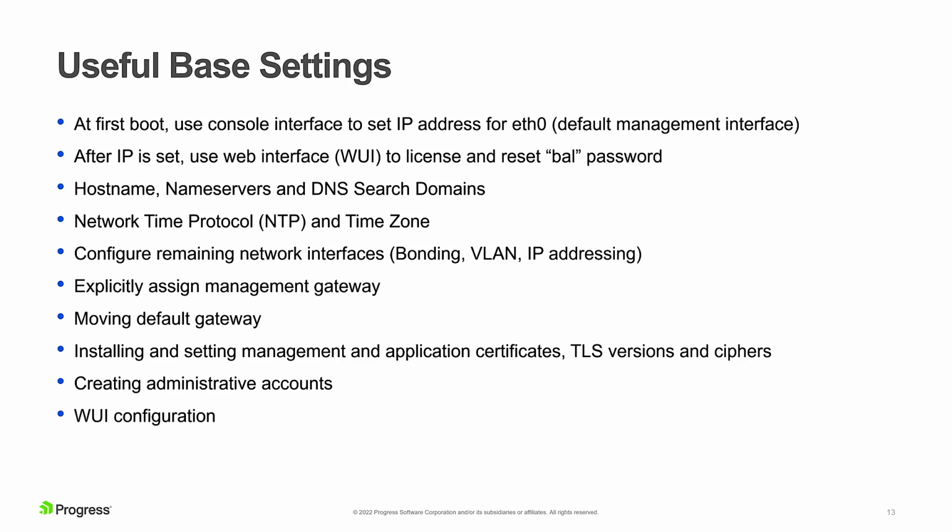So at first boot, when you first boot up an application delivery controller, it doesn't know what network it's supposed to be on. So the first thing you need to do when you apply power to a new network device is assign it an IP address and a subnet range and default gateway and DNS servers or name servers associated with it. So that's the first step in any load balancer deployment,